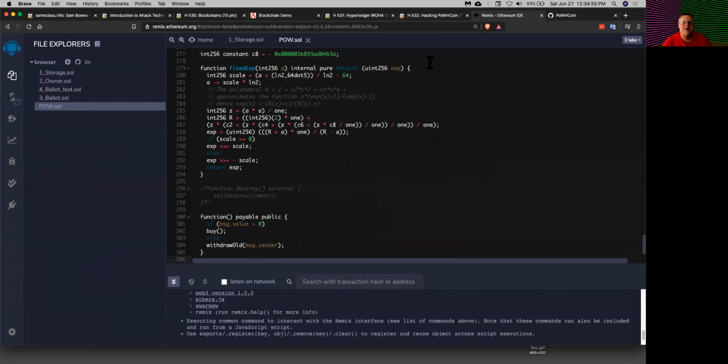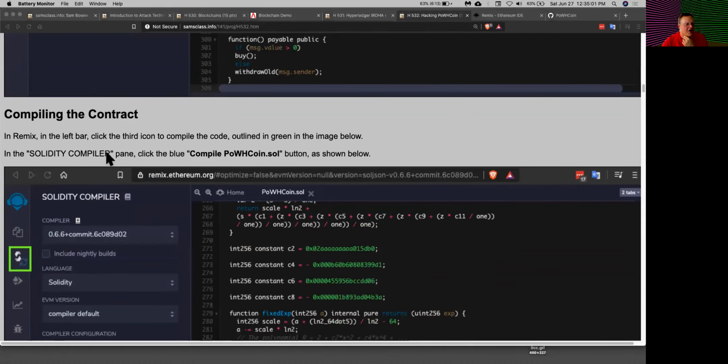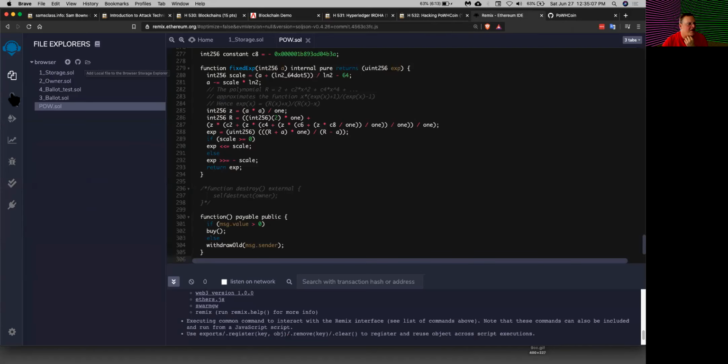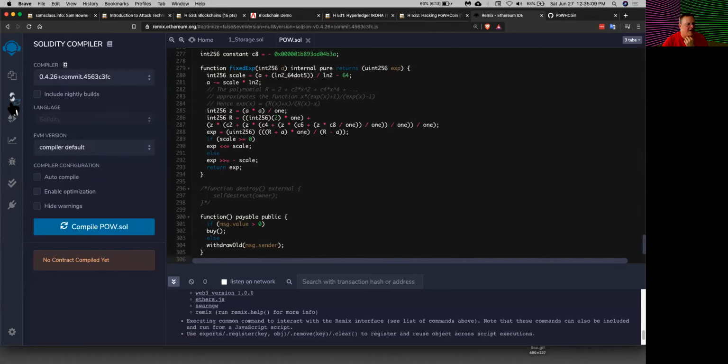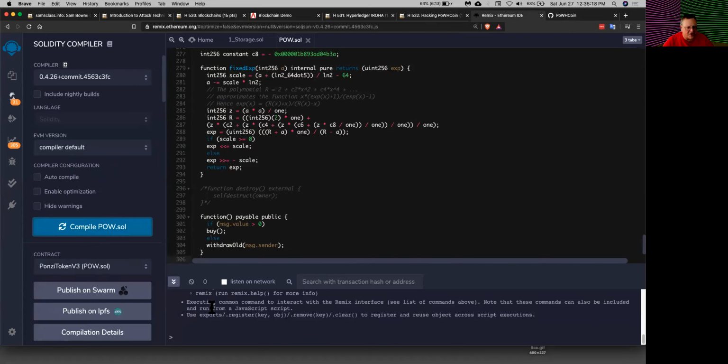Okay. Now, I have to compile the contract, which is the 3rd icon. Okay, so that is here. That compiles my contract here. And down here are messages that show you the status, if there is any, and it looks like it didn't compile.